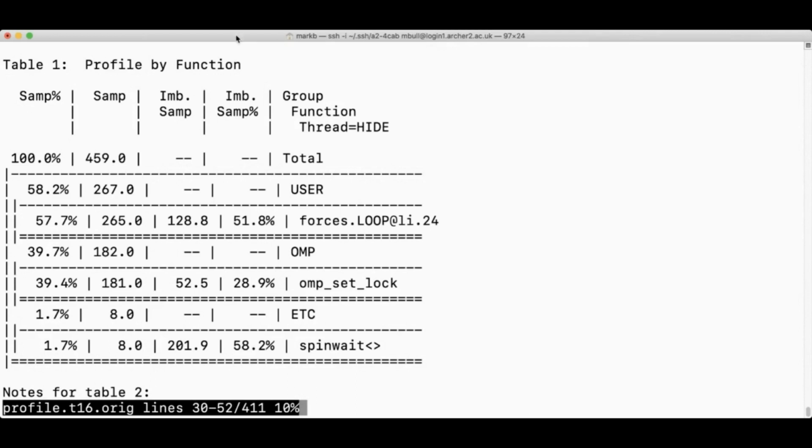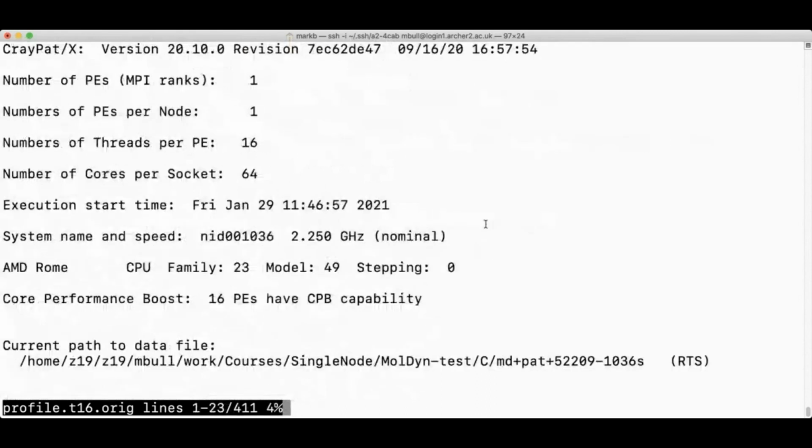It can be useful, but it can also be somewhat difficult to interpret. This is what you get out of pat_report. I did the pat_build with the -g omp flag, and this is a run on 16 threads of the original code.